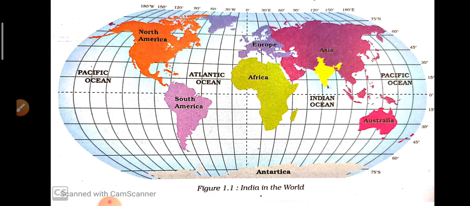Whereas, if we look at places like Australia, we can see on the right hand side that Australia lies below the equator, which means Australia is in the southern hemisphere, whereas India is in the northern hemisphere. Right, so by this we get to understand the clearer picture of India as well as the four hemispheres. Keeping our focus on India and not shifting it to any other place like Australia, we will now discuss the exact location of India on the globe.